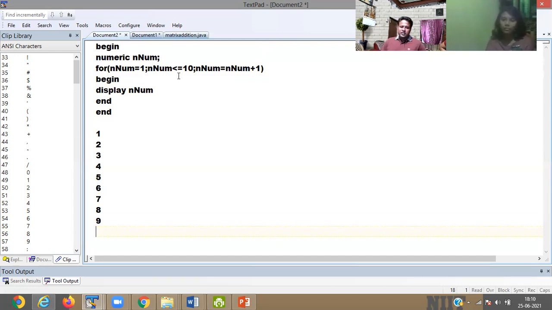Then 9 plus 1 is 10, 10 is equal to 10, yes, prints 10. Then 10 plus 1 is 11, 11 is less than 10, no, so your condition is false, which means the repetition stops here. When repetition stops, it has printed 1 to 10.